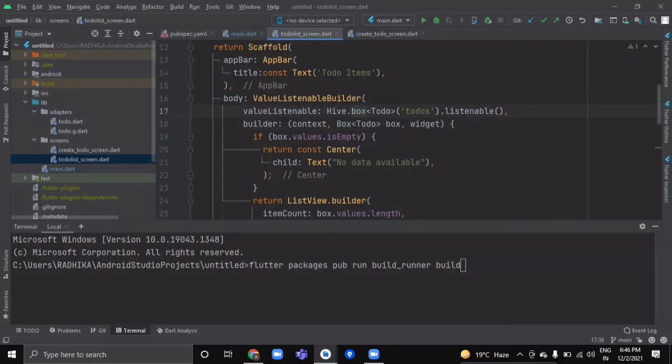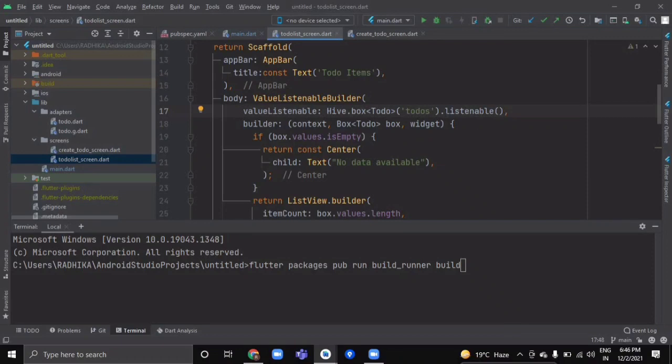Once you have opened your box, you don't need to call the openBox method again and again. Once it is open, you can simply call that particular table by writing Hive.box only. Mention the type of the object, which is Todo, our table name, dot listenable method.